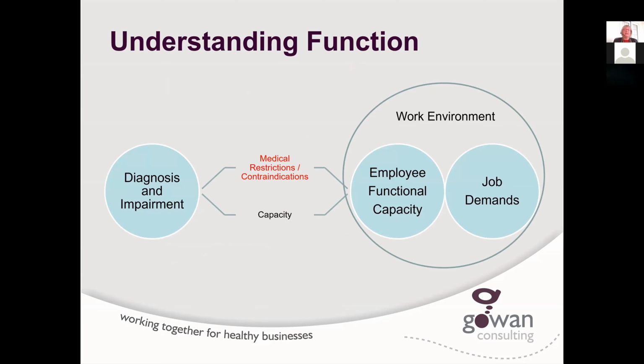So when we talk about that, we're not talking about diagnosis and impairment. I don't care what the diagnosis is, that doesn't tell me what you need in the workplace. What you're really wanting to understand as an employer providing accommodation is, what is the employee's functional capacity? What are their abilities? What can they complete in terms of hours? Their lifting capabilities, their focus, their concentration, their cognitive abilities. And then what does the job demand require? Then compare the two to see if there's a gap.